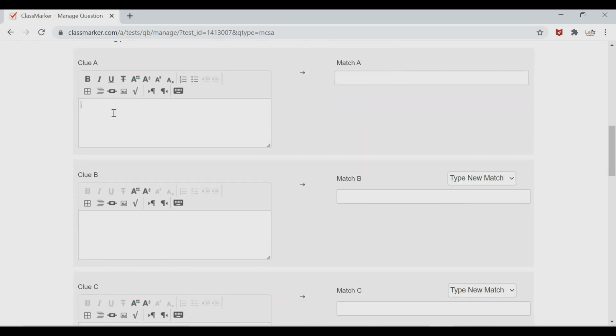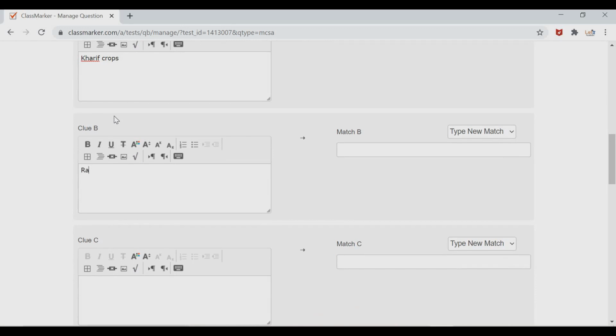Here I am going to put 2 options, and the corresponding match you have to type here. And here the second option I put, and the corresponding matching option.